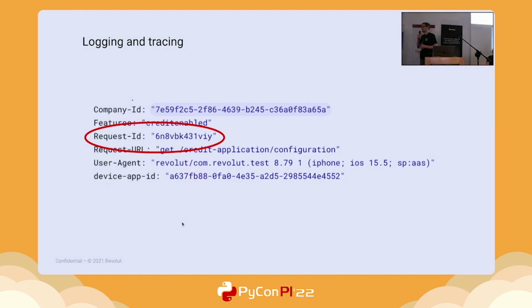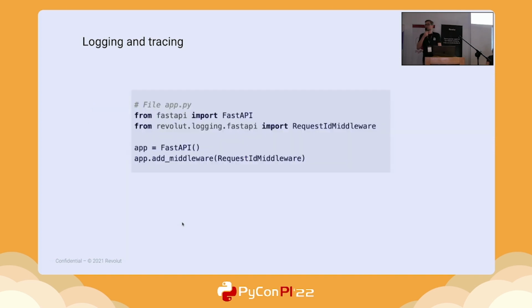So what is this tracing? Essentially, it's an HTTP header that is added to the first request and passes along the chain of services being called. As I mentioned, because we make use of FastAPI, we have a dedicated middleware that takes care of passing that request ID, that header, throughout the chain of services being called.